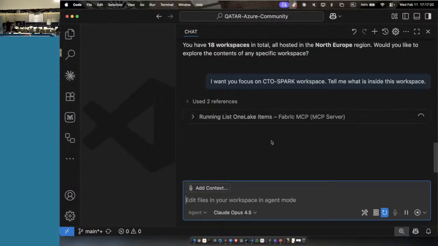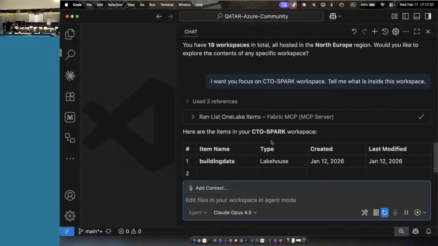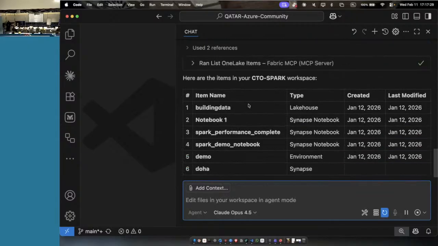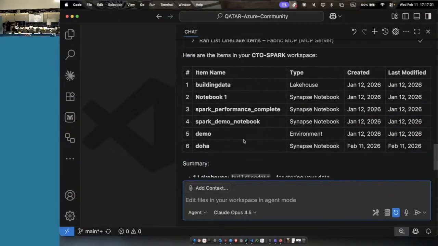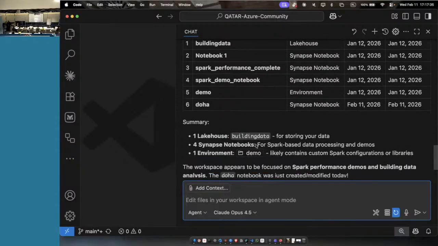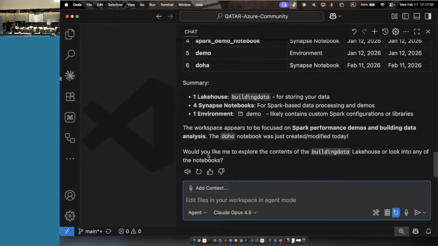Tell me what is inside this workspace. Okay, I'm getting the items, types, created and last modified, and I'm getting the summary. And even the agent is asking me, would you like me to explore the contents of the building data lakehouse? Yes.